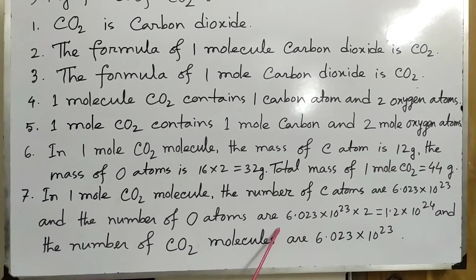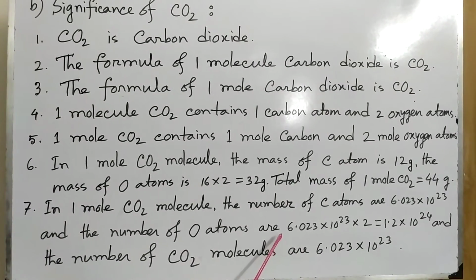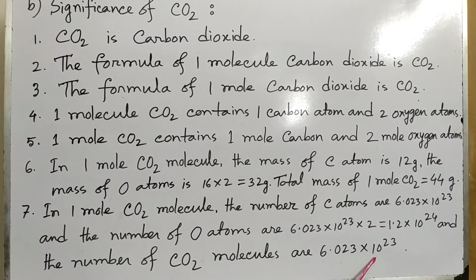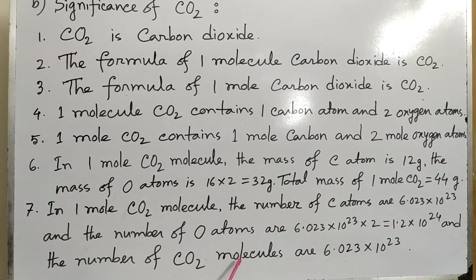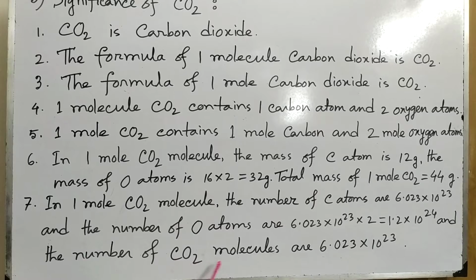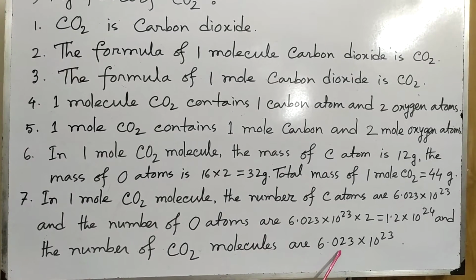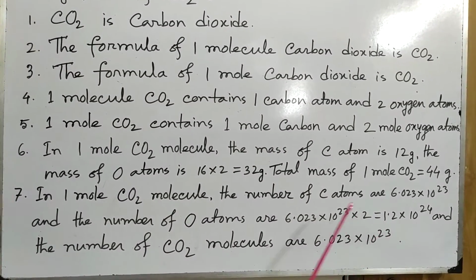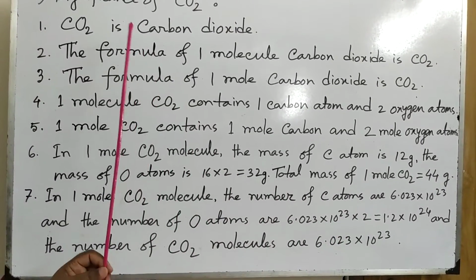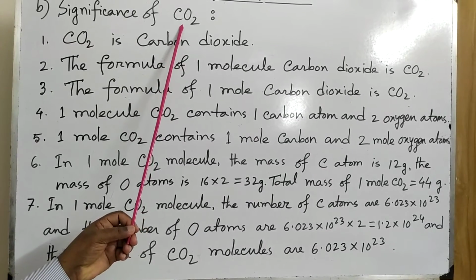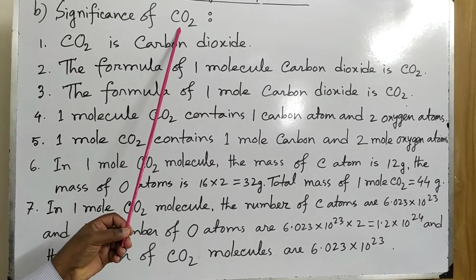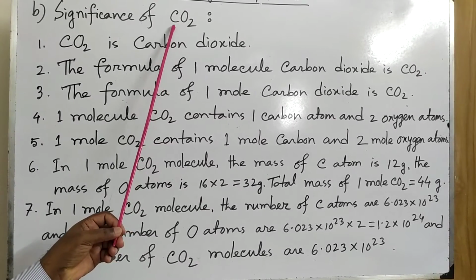So in the Avogadro number, I have given the definition, the number 6.023 into 10 to the power 23 is used in case of atoms, molecules and ions. That number is called Avogadro number. If I write carbon dioxide molecule, then it will be 6.023 into 10 to the power 23 molecules. If I write atoms, then it will be atoms. Okay, now if you understand carbon dioxide, similarly you can write the formula that is given. It may be sulfuric acid, it may be nitric acid, it may be water. So all of you write it.